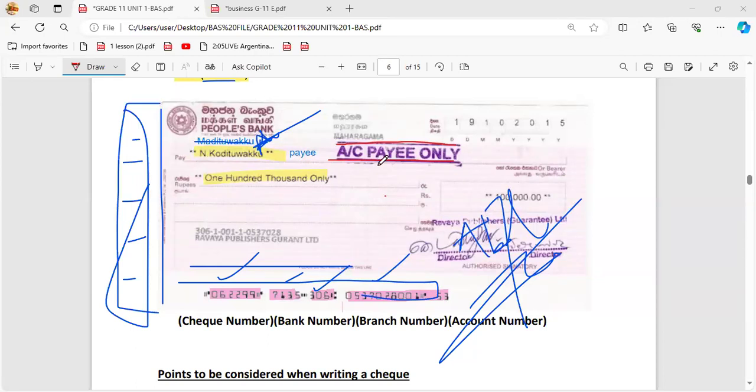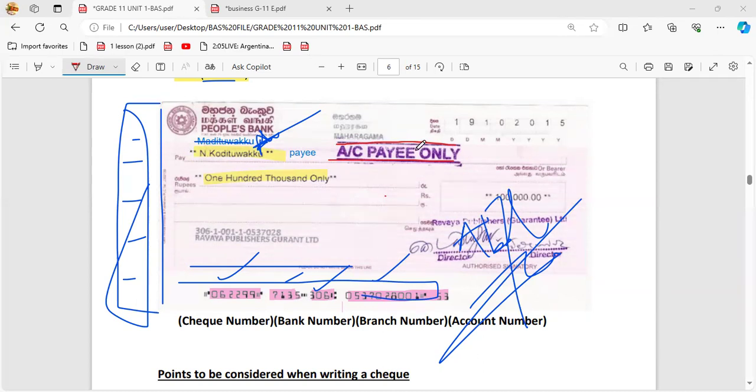For example, you have to show your national identity card and the bank will check whether this is the right person. If your check has these parallel lines, look here, account payee only. The bank has a responsibility to identify whether this is the correct person. So Kodituwakku is there; the bank will check your identity, and if it is right, give the money. But if the check does not have these two parallel lines, this is what you call crossing. If the check does not have crossing, you can just encash it from the counter.